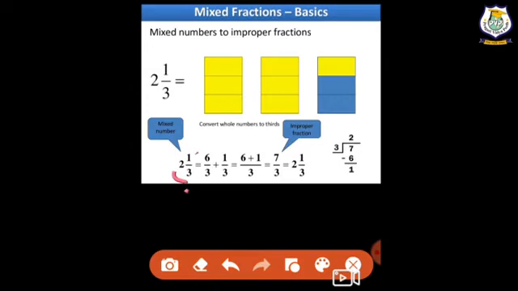Now how will we convert the improper fraction into the mixed fraction? It is shown here 7, that is the numerator, and 3, that is the denominator. We have to divide the numerator by the denominator. So 3 twos are 6 and 2 is the quotient, and how much is remaining? 1. So we write the remainder in the numerator, the denominator stays the same, and the fraction part is our question. So here it is written 2 1 by 3. Like that we convert a mixed fraction into an improper fraction and an improper fraction into a mixed fraction.